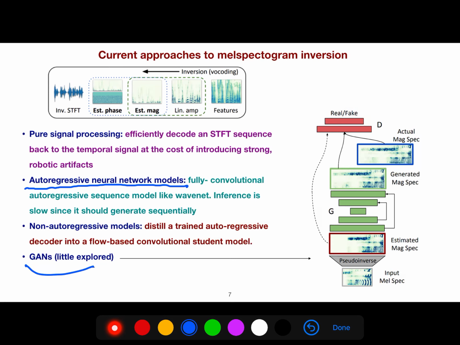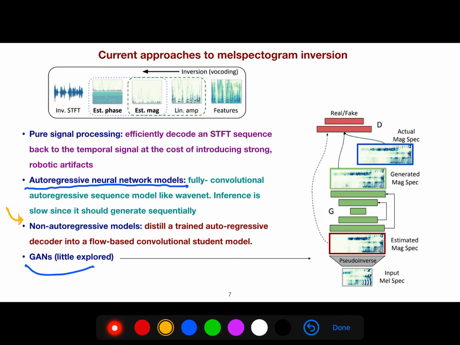That's why people talk about non-autoregressive models. They are still using it because they are only taking advantage of knowledge distillation. So they distill an already trained autoregressive decoder into, for example, a flow-based convolutional student model.